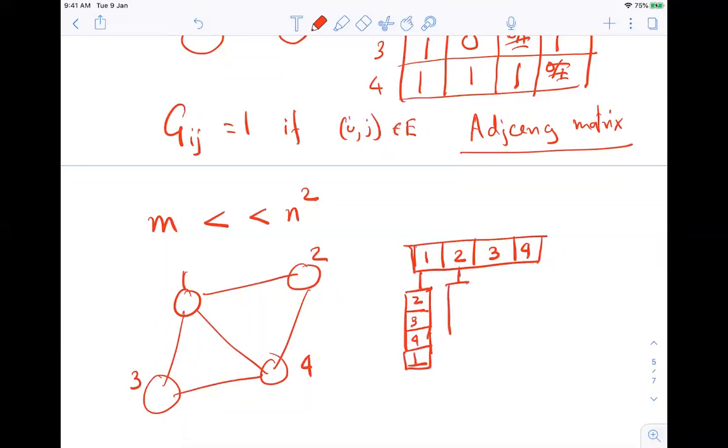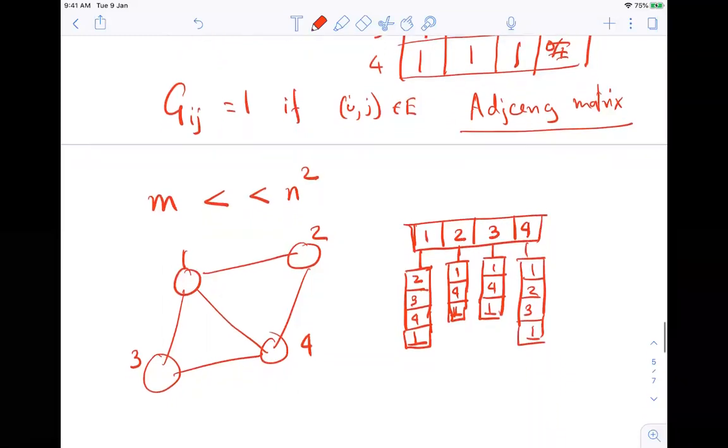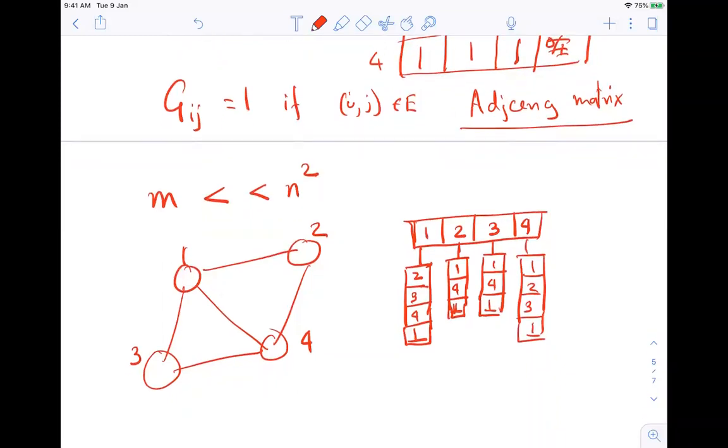Say 2 has an edge to 1, an edge to 4, and that's it. So this last number is a marker to indicate there is nothing more beyond that. Similarly, 3 has an edge to 1, an edge to 4, and nothing. And 4 has an edge to 1, 2, 3, and nothing. So this is another way of writing it.